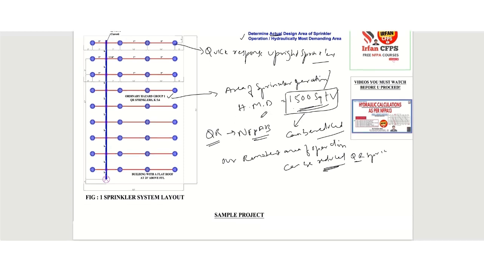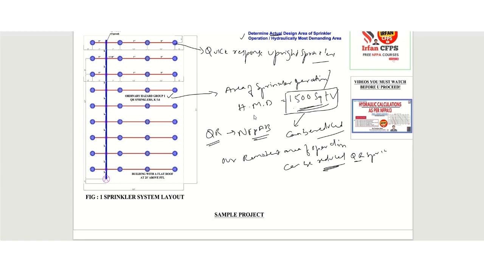One second, I will scroll down. Here, NFPA 13 has one graph. If we are using quick response sprinklers, based on ceiling height, which is in feet on the x-axis, and on the y-axis the percentage reduction to design area. This graph you can find in NFPA 13. Based on this graph, there is one formula,